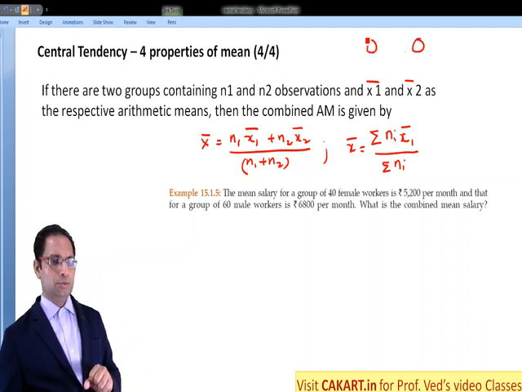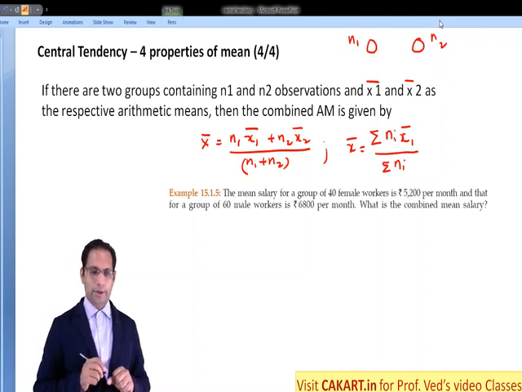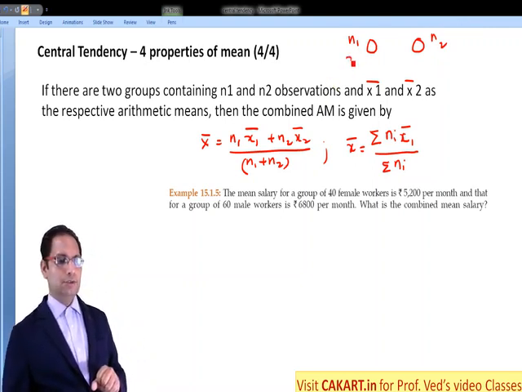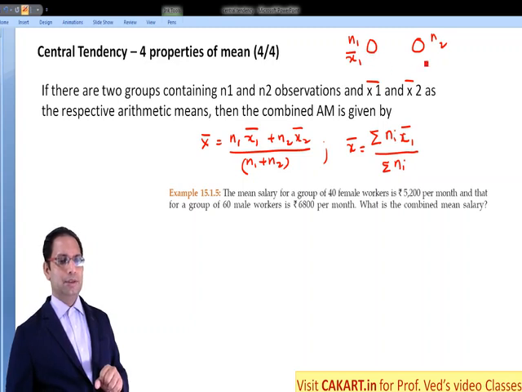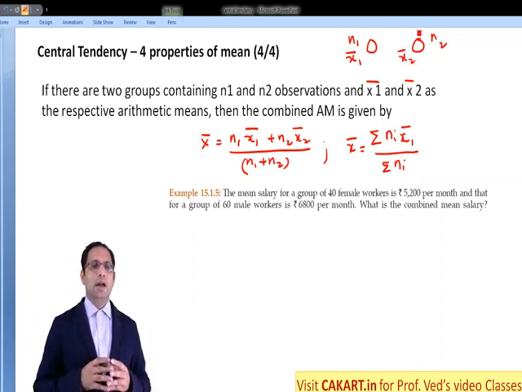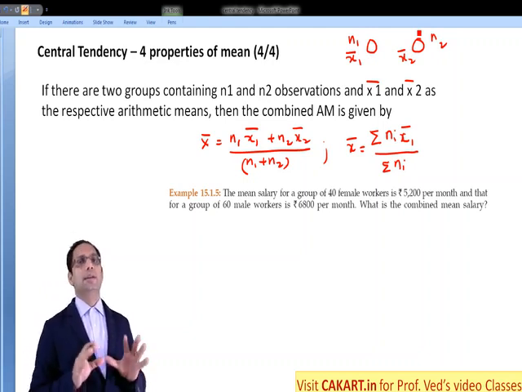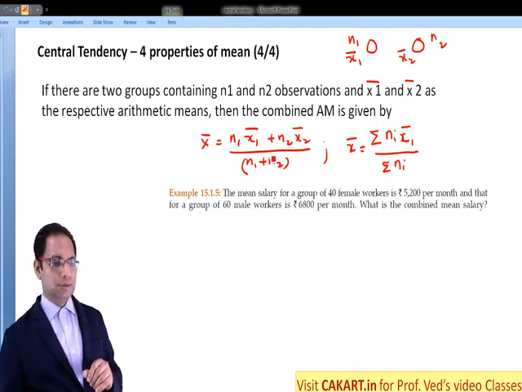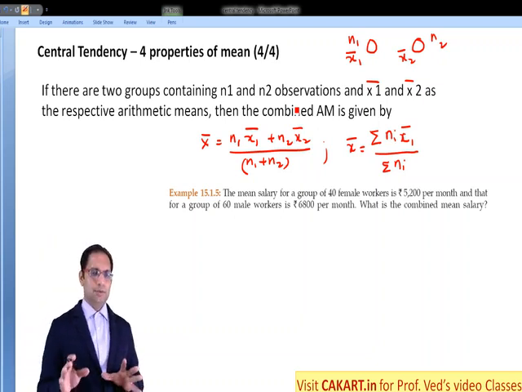one group, two group. This group has n1 observations and this group has n2 observations. And the average arithmetic mean of this group is x1 bar and of this group is x2 bar. And if we are asked to find the combined arithmetic mean, then it is given with this formula. You multiply n1 into the average of the first group x1 bar, and you add that with n2 number of observations multiplied by x2 bar, which is the average of the second